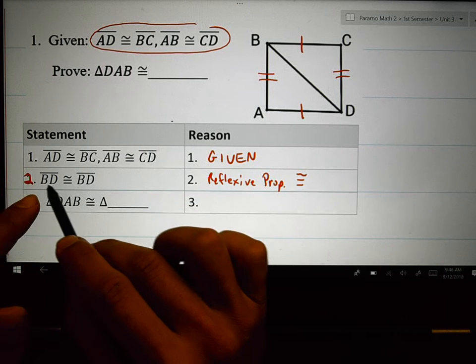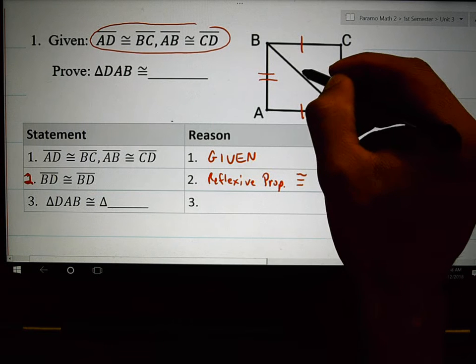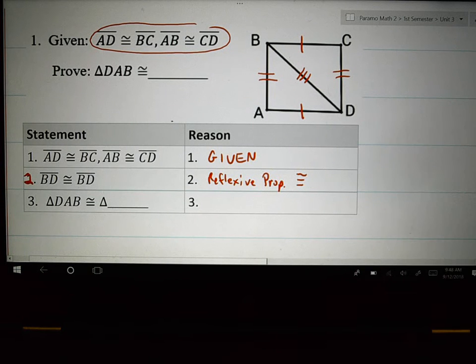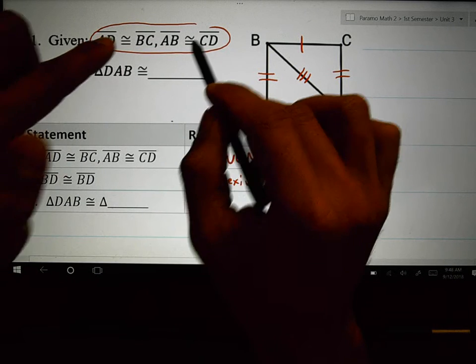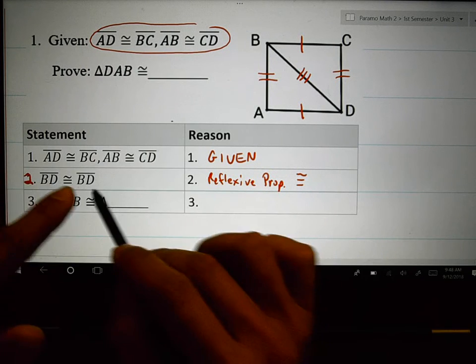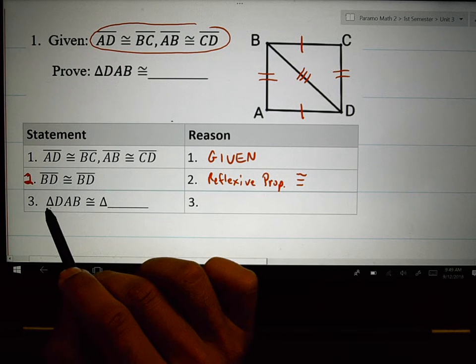Did I just prove that BD is the same as BD? Then guess what? I can go over here and add a triple is the same as the other triple. We're almost done. We have proven this. We've taken the given statement. We know it's given. We've said that BD is the same as BD. It's the reflexive property. And now I can prove that triangle DAB,